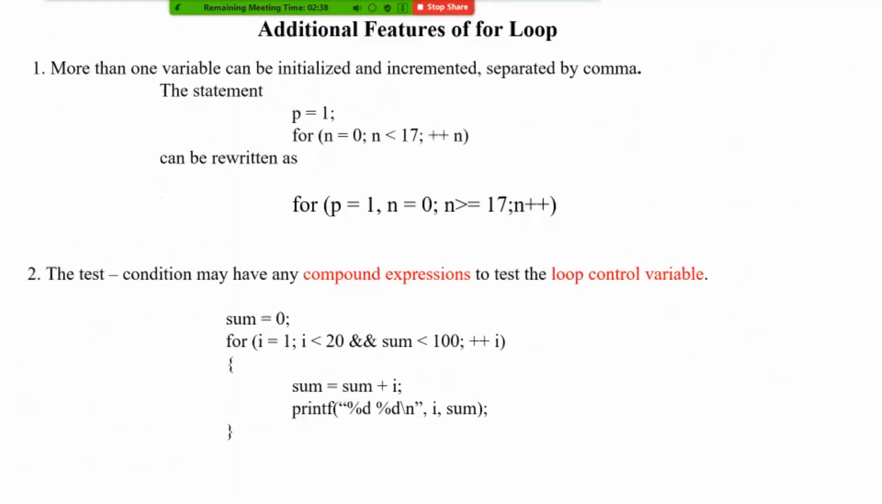So this I have kept in a separate slide, with one line of explanation given over here. Additional features of the for loop. As you can see, more than one variable can be initialized, and each of these, when you are initializing two variables, suppose I'm using a variable p, tell me in this example,